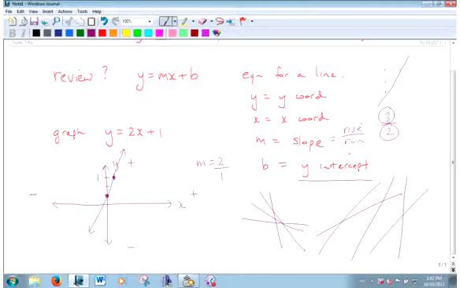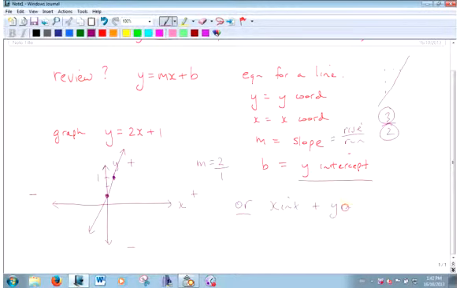If it's in the form y equals mx plus b. But not everything you get is going to be in that form, and some of them are going to be pretty hard to put in that form. So here's another way to graph a line. How many points do we need to graph a line? Just 2 points. And the 2 points we want to think of are the x-intercept and the y-intercept. Because then, if we get some big ugly equation like this,